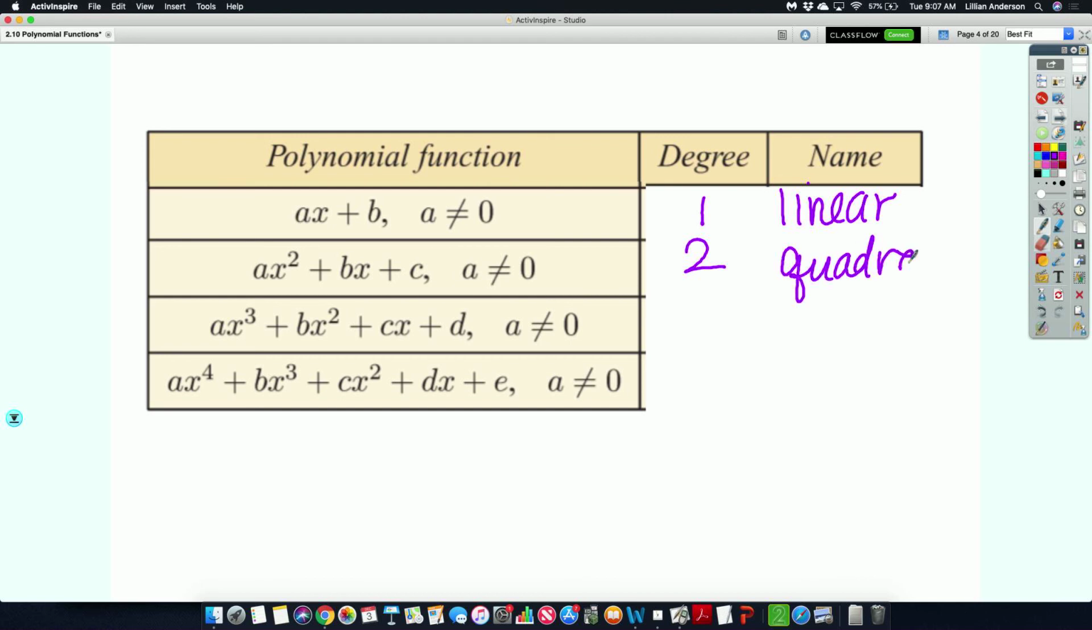Because remember, they have special names. What about the next one? What's the degree? 3 is the largest exponent. A third degree polynomial is called a cubic. And the last one is degree of 4. And those are called